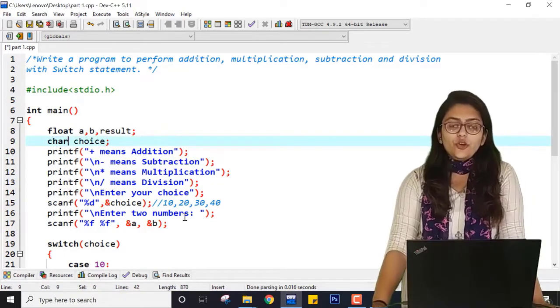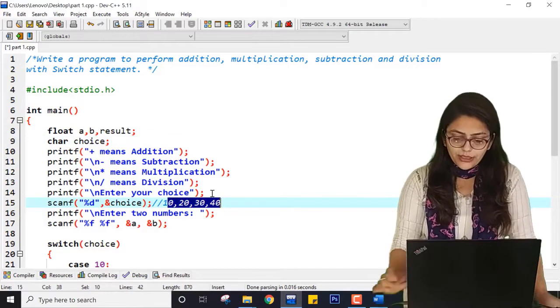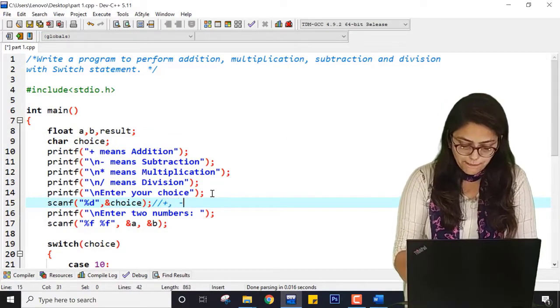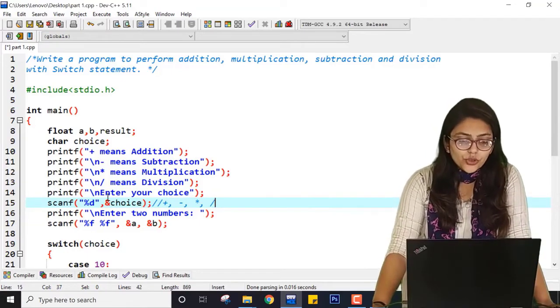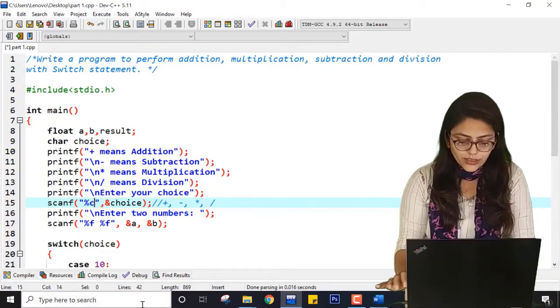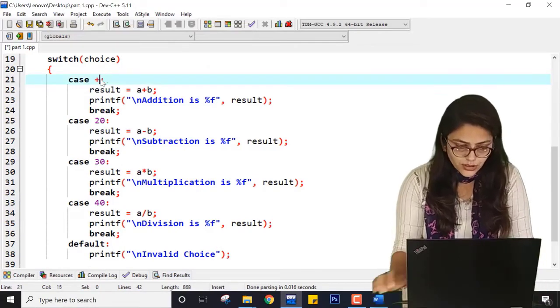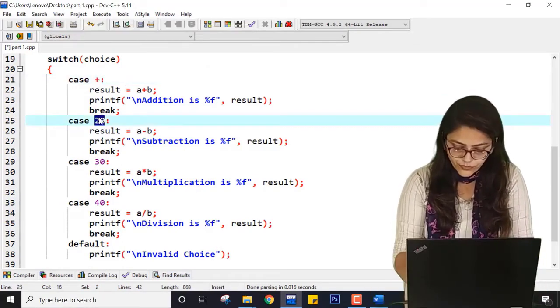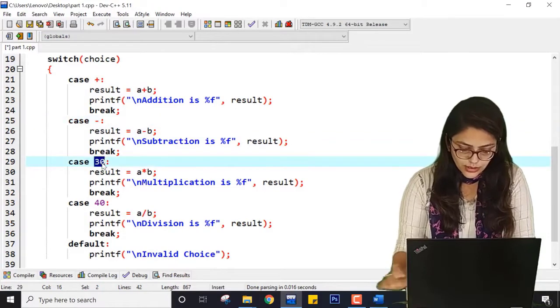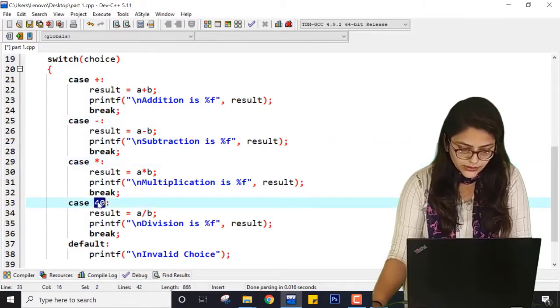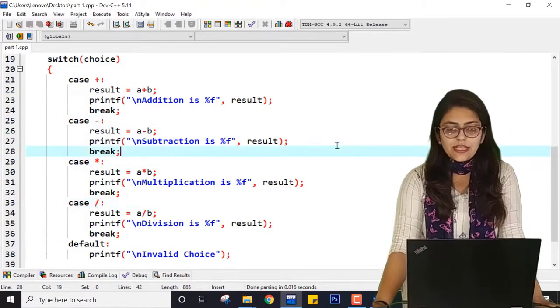So I have to take choice as character, and now this domain becomes nothing but plus, minus, multiplication, division. Right? So here it will also be c. And here it will be plus, minus, star and divide. Let me just save this program.